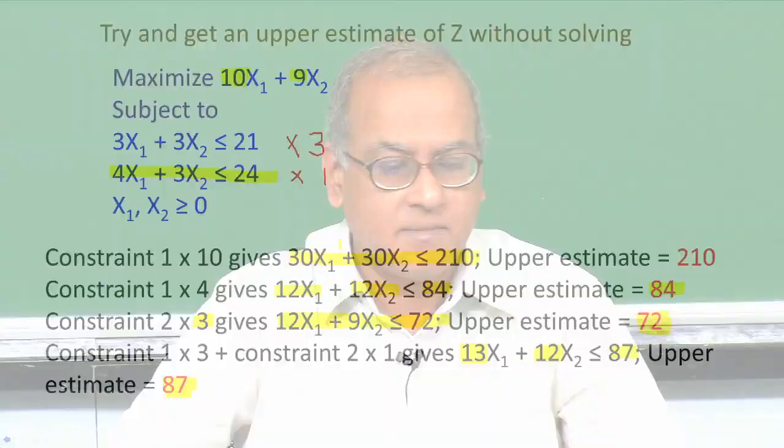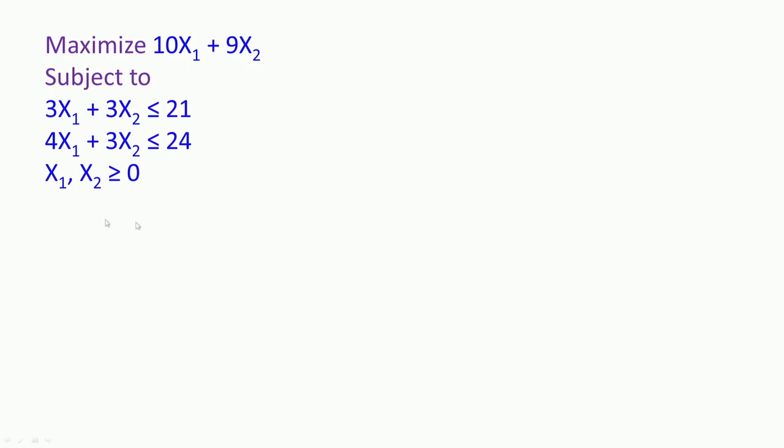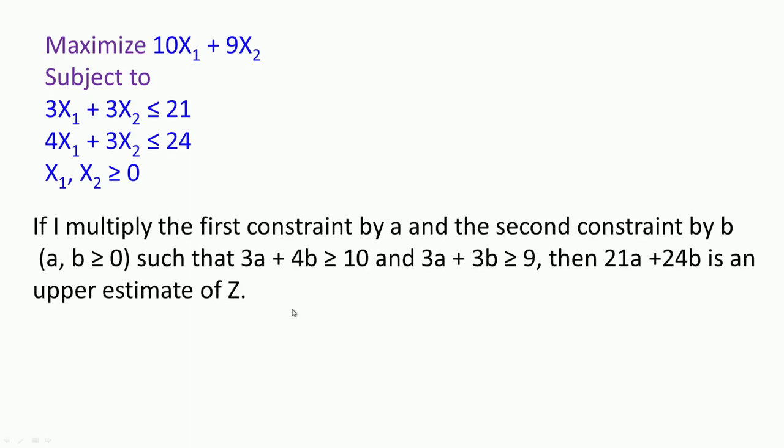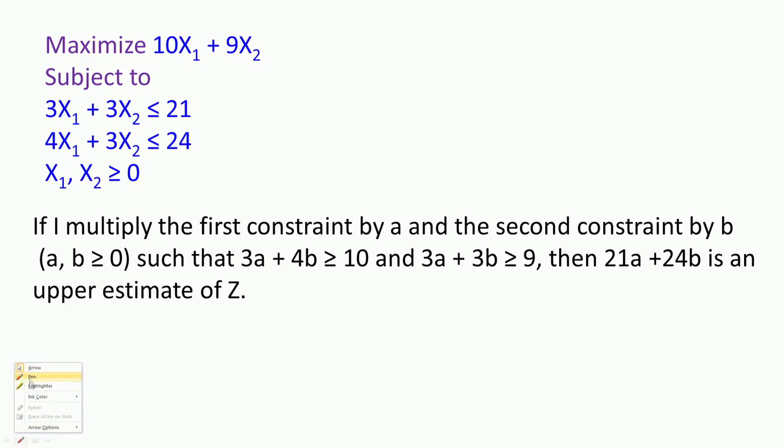So what do we do next? Now we go back and say that we have written the same problem again for reference. Instead of multiplying these constraints by some known numbers, we did 3 and 1. Now I am going to say that if I multiply the first constraint by A, I multiply the second constraint by B. At the moment I do not know A and B, but if I multiply them by A and B,